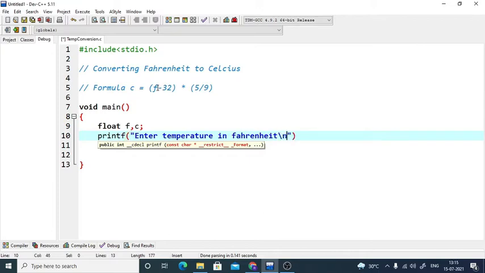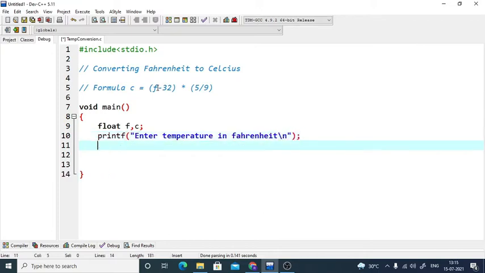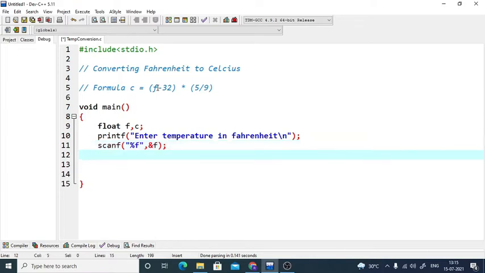That has to be accepted in F, so scanf percent f and ampersand F. Don't get confused. Percent f is a format specifier, and because the name of the variable is also F, we are saying ampersand F.